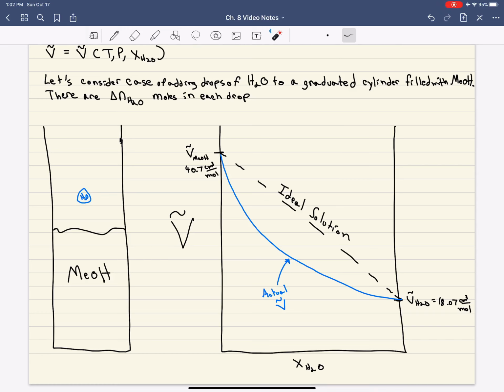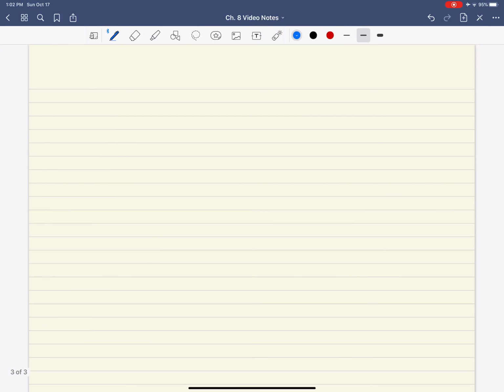So the actual molar volume of the methanol-water mixture is lower than what you would expect from the ideal solution. Okay? And the reason for that ties back to what we talked about when I first introduced the concept of ideal solutions. Water and methanol are not the same molecule. First of all, they have different interactions going on, and also their molar volumes are very different from one another. The molecules have different sizes. And so due to this combination,